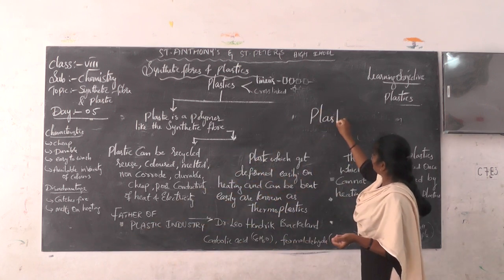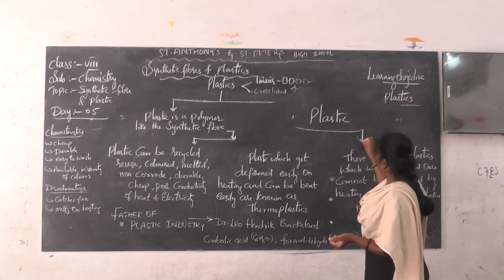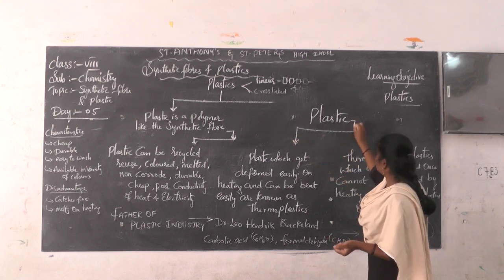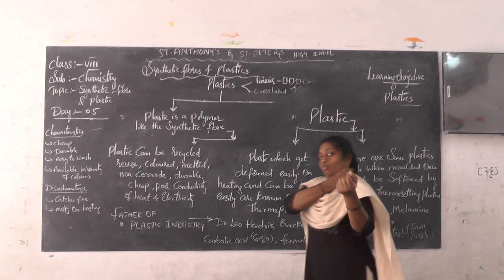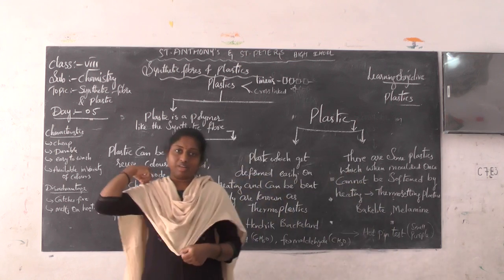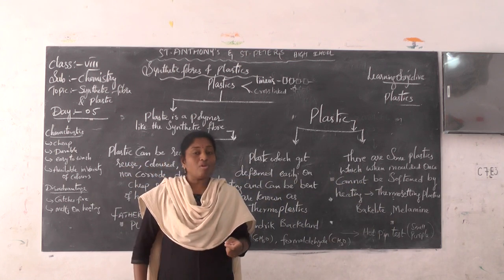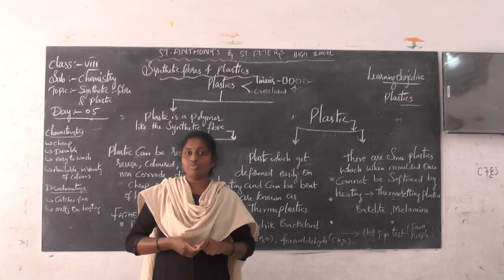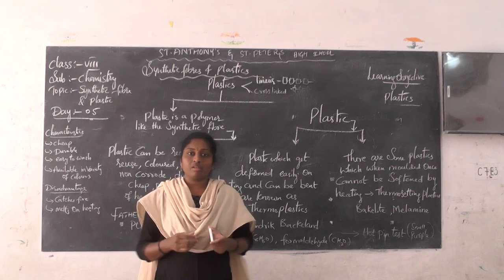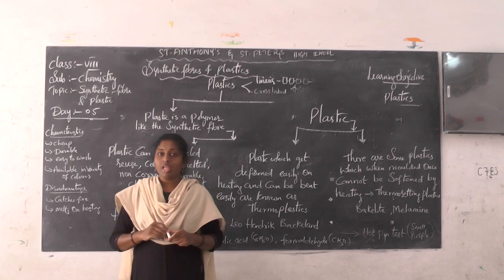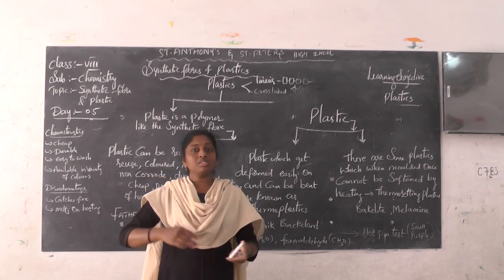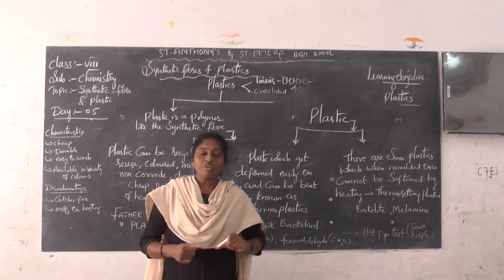So plastics are of two types. One is the ordinary plastic, one is the Tupperware plastic. Do you remember one thing? Let's take a general example. Suppose you bought a tiffin box to the school. Your mother prepares sambar, and you are in a hurry to come to school because the time is already late. So what will your mother do?